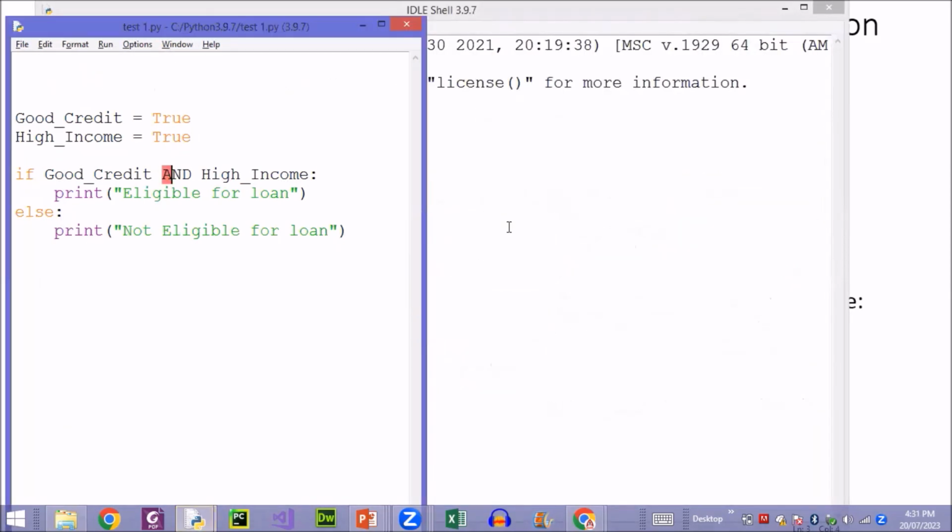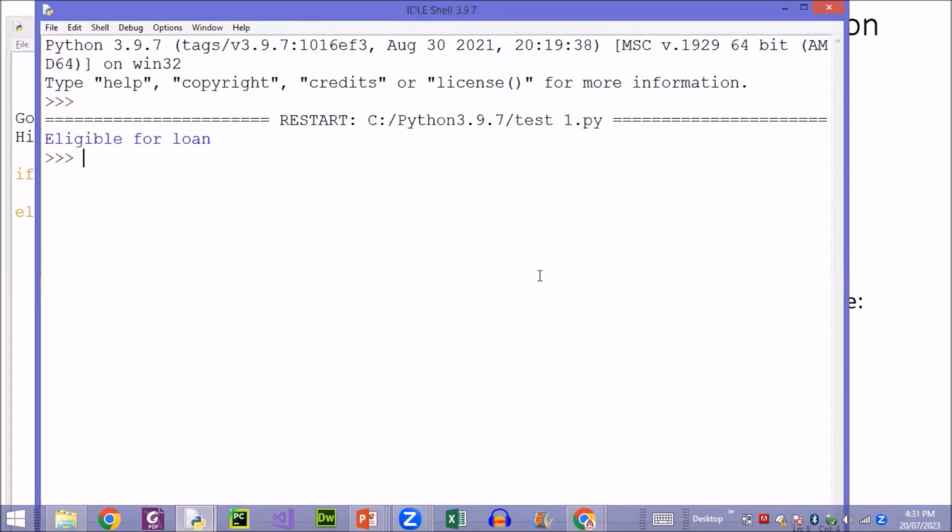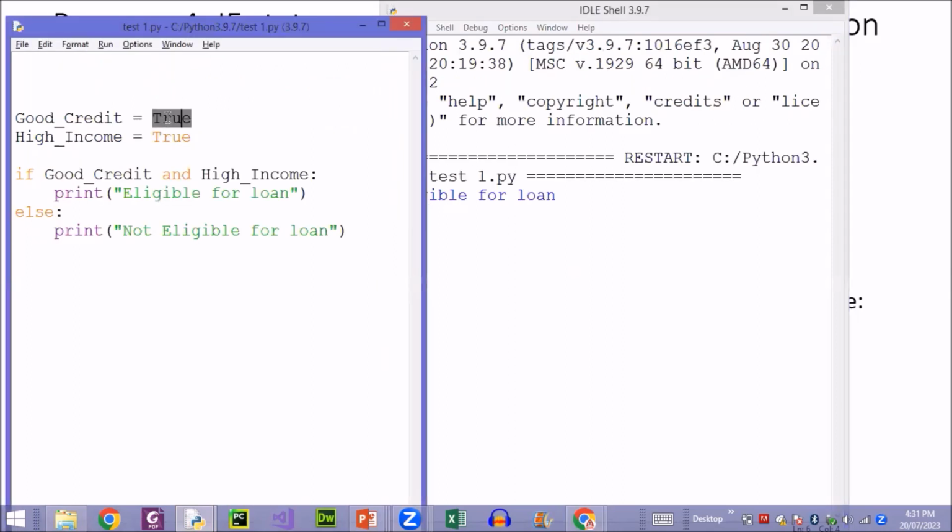Oh, and is in small letter and, right? So in pseudocode we have to write in capital. Okay, eligible for loan because it was true. Got it? Both conditions were true. Yes, sir. Now if I make this false,